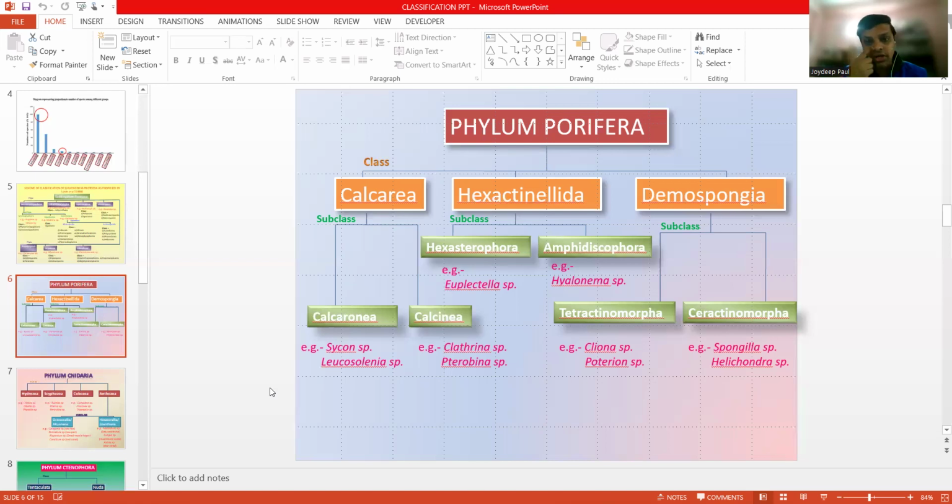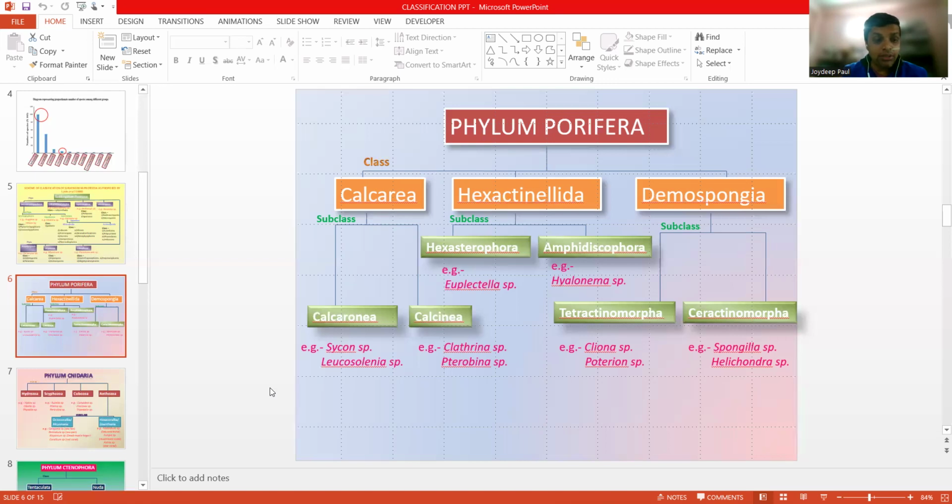Definitely the first point is kingdom. Kingdom is Animalia. Second point, habitat: aquatic, mostly marine. Very few are terrestrial. Habit: they are solitary or they can also be present in the form of a colony. Complexity of organization: definitely cellular grade of organization. Shape: body shape is variable, mostly cylindrical. You cannot actually find any symmetry, and they belong to the asymmetrical group of animals, same as the protozoans. Symmetry: asymmetrical, or in a few cases you can find radial symmetry.